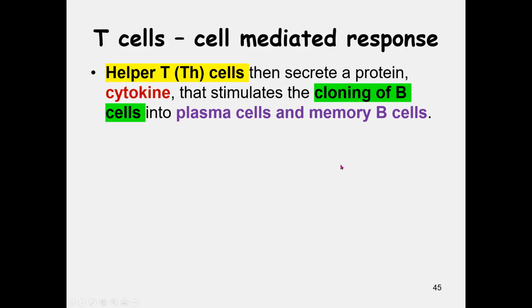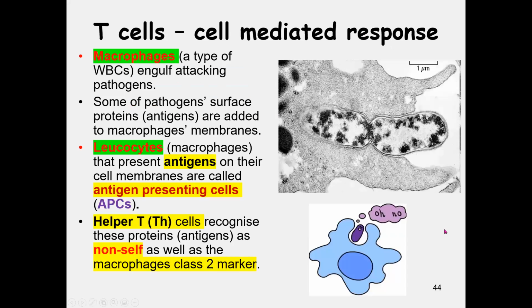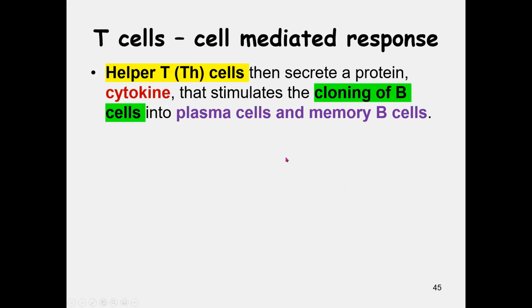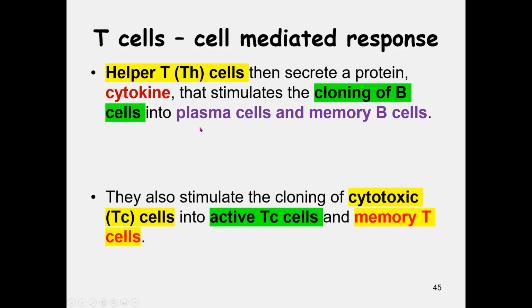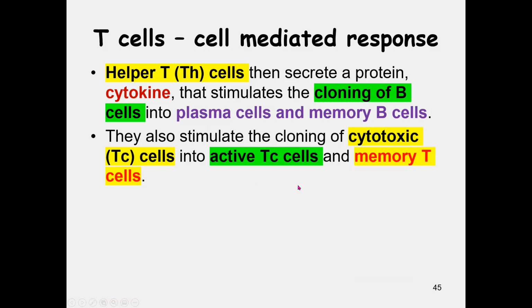Now the B cells, very specific clone for that specific antigen from whatever's been attacking, and it's being gobbled up by these white blood cells. Okay, so if there's one or two, there'll be lots more. So they need to produce these plasma cells and the memory B cells, and the plasma cells will go ahead